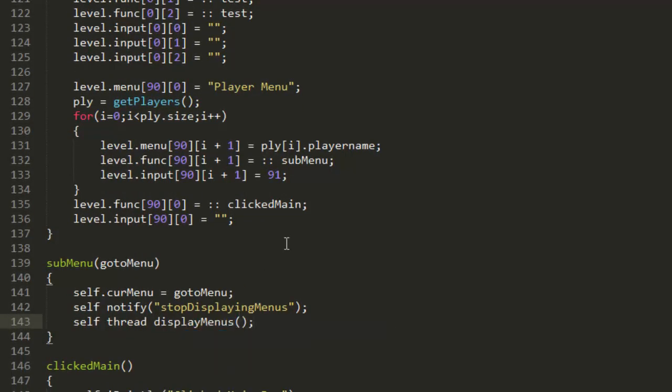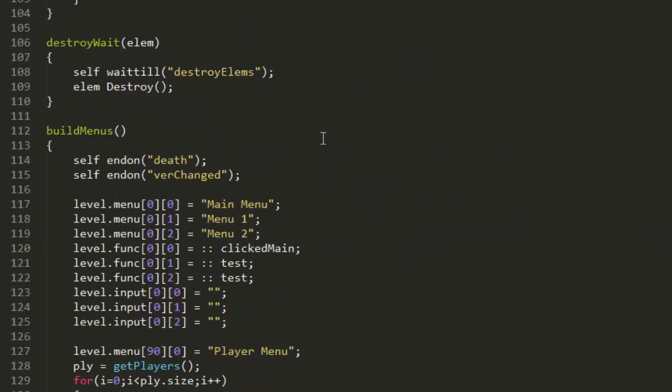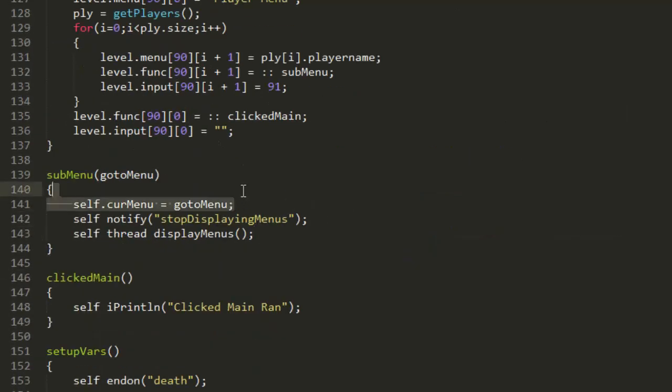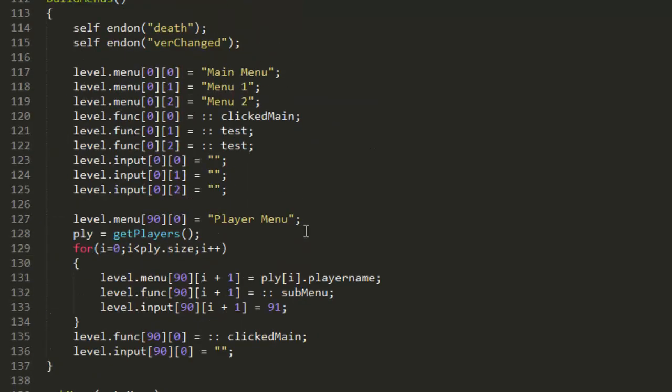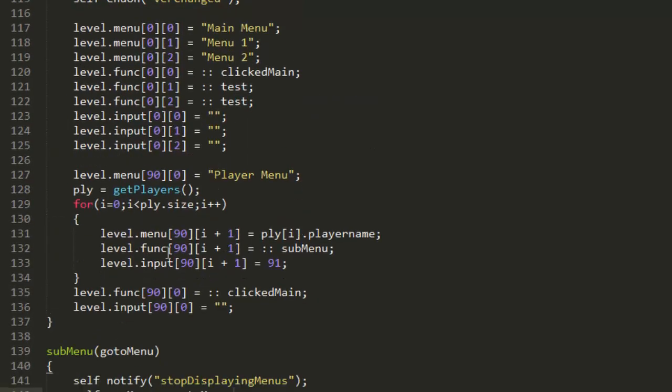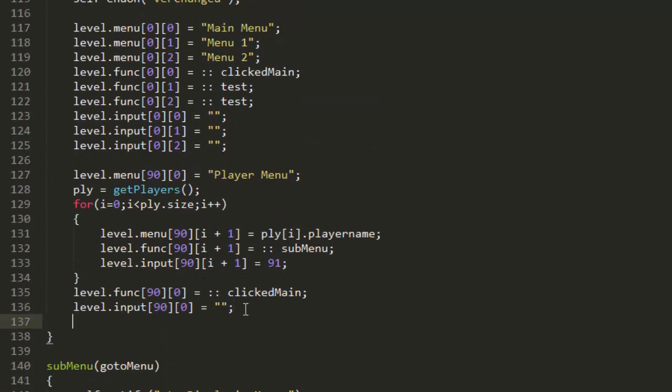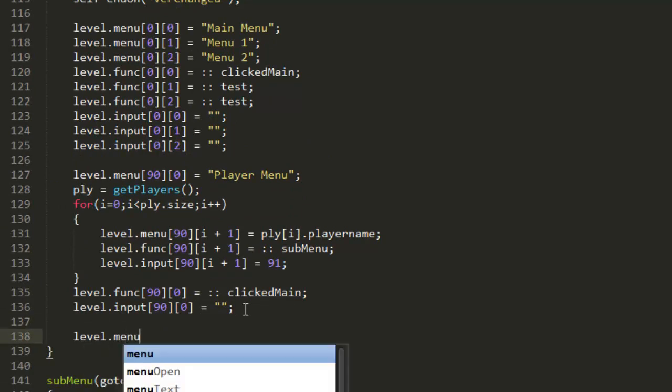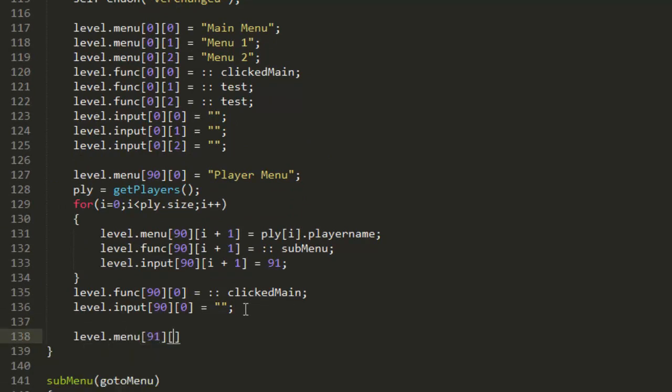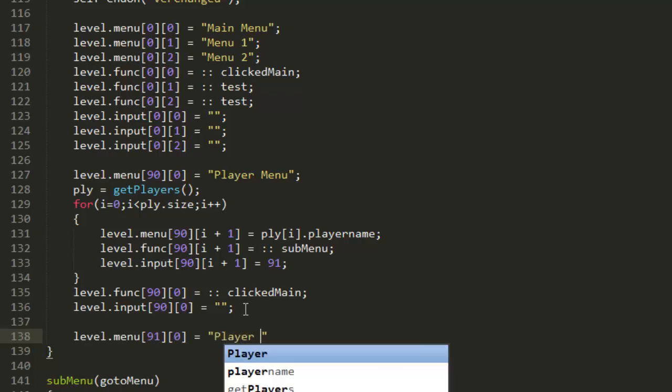So that should get rid of the current menus, set the current menu to the new one that we just threaded, and then reopen it, so it should open up on the menu that we clicked on. So now we're just going to need to actually create 91, so level.menu 91 0 equals player options,